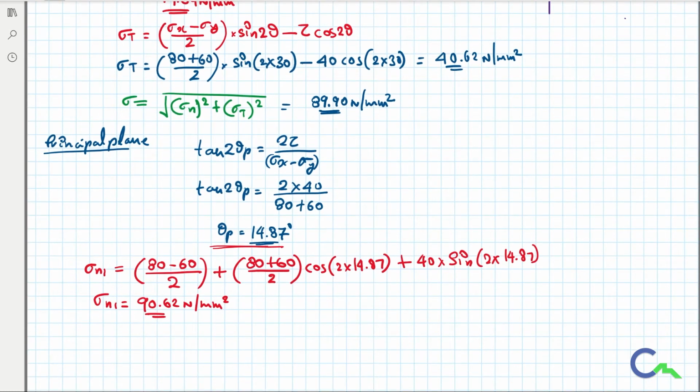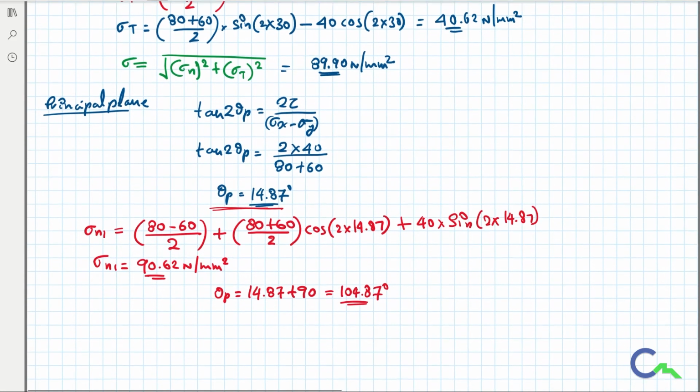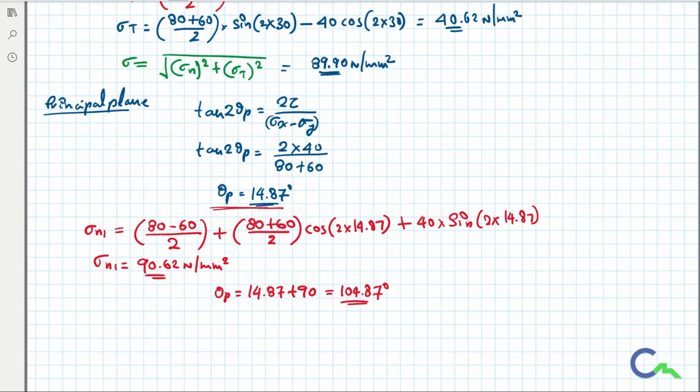So we have to find one more principal stress, that is the minor principal stress. For that, theta p is equal to 14.87 plus 90. So we have to substitute 104.87 as the angle. Therefore I am going to get sigma n2 is equal to